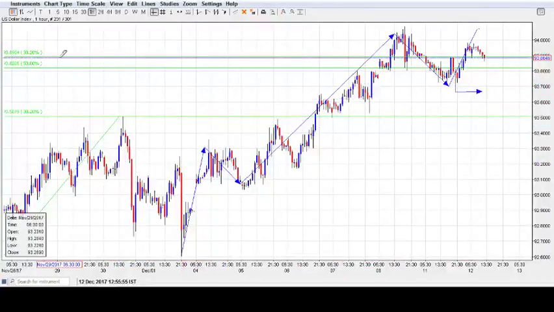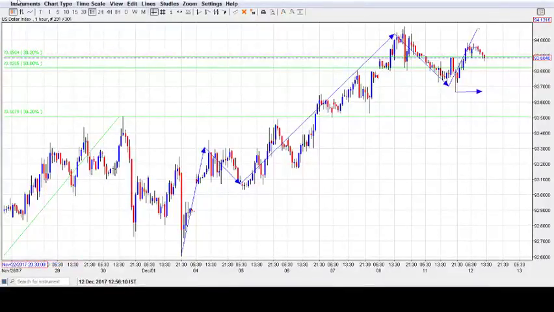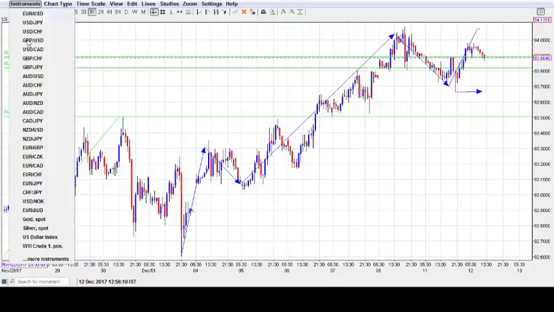In short, be short on the euro and long on the dollar, at least for an intraday kind of a setup, but please exit your positions at the described prices.